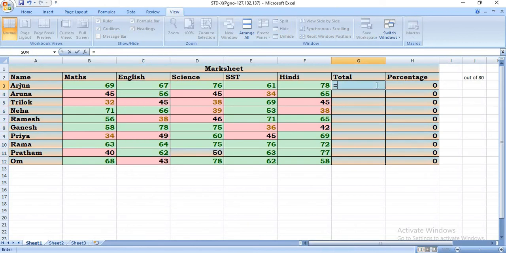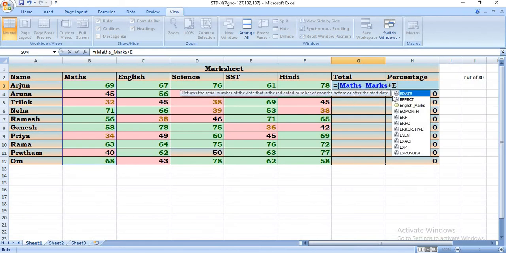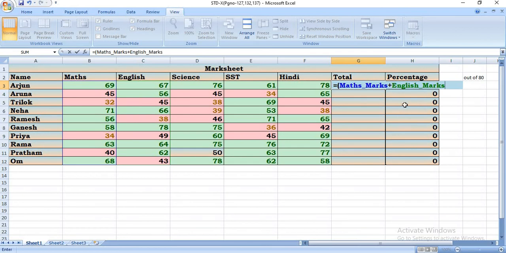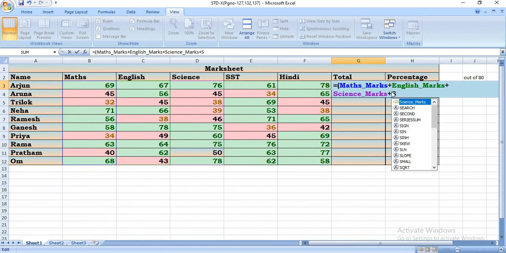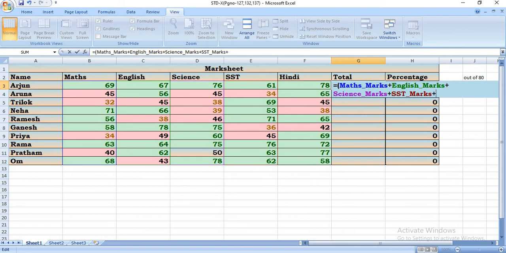and here, plus sign. Equal to, bracket, maths marks, Tab key, plus sign, English marks, select English, Tab key, plus science, Tab key, plus SST, Tab key, plus Hindi, and Tab key.